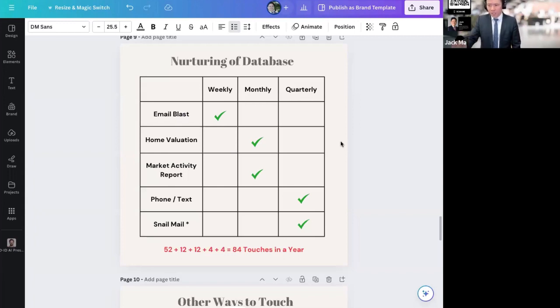It's for them to see you in different media. It's using different ways to touch them. So basically, they hear from you, they see you on a computer. You may even have a Facebook custom audience campaign, right? So they see you on Facebook, and then they get a phone call from you. So you're covering